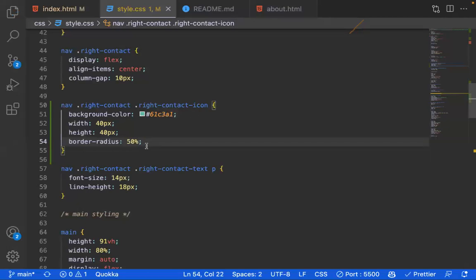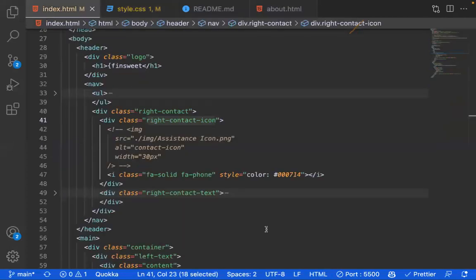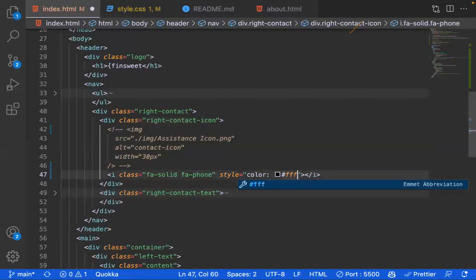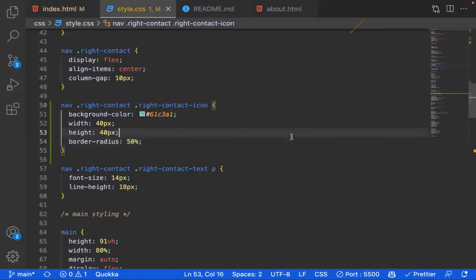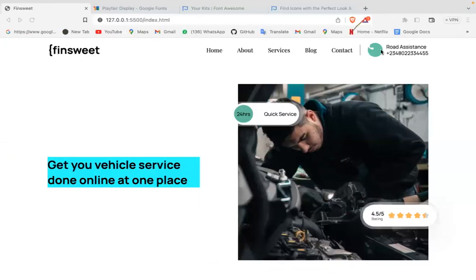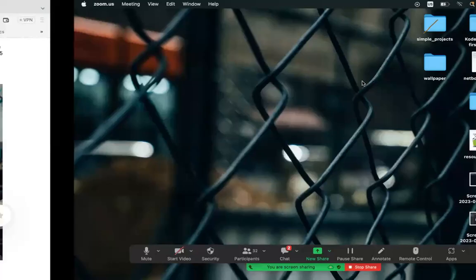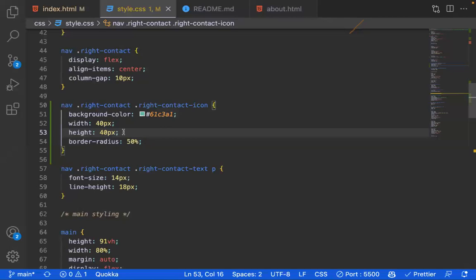So let's make the icon white. Let's just go to this place and style it, give it color white. White is FFF, or if you want to use 6, FFFFFF. So you guys can just go and learn about this anytime. So let's save this and then save our CSS. All right, now let's see what we have. Oh, that's too big. Okay, so let me just make it